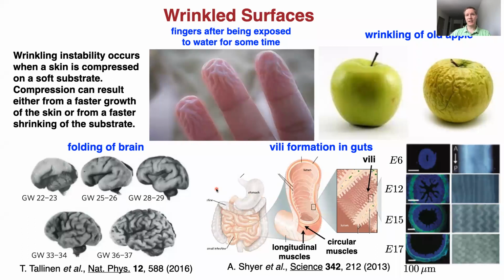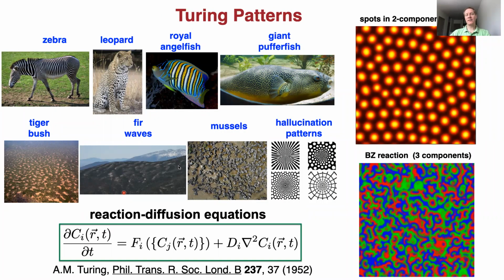Okay, but in both cases, on the previous slide and on this slide, the growth patterns were very simple. There was one layer that was growing faster than the other, and in one case this gave rise to helices and spirals, and if the substrate was thick, then this gave rise to wrinkles, right? But sometimes we also want to have more complicated growth patterns, right? So now the system has to figure out how to coordinate these different growth patterns, right? And this is often done through some chemical signals, and this is usually dubbed